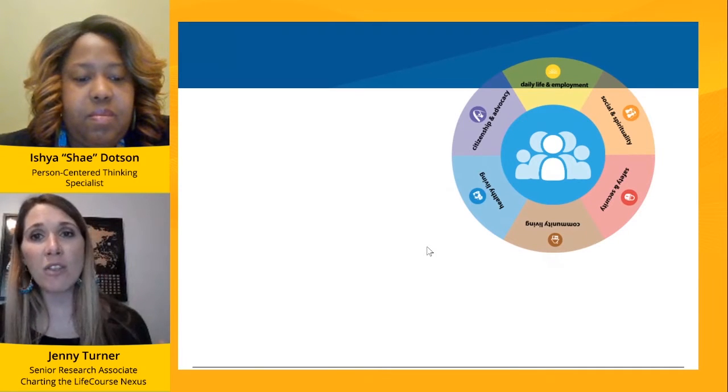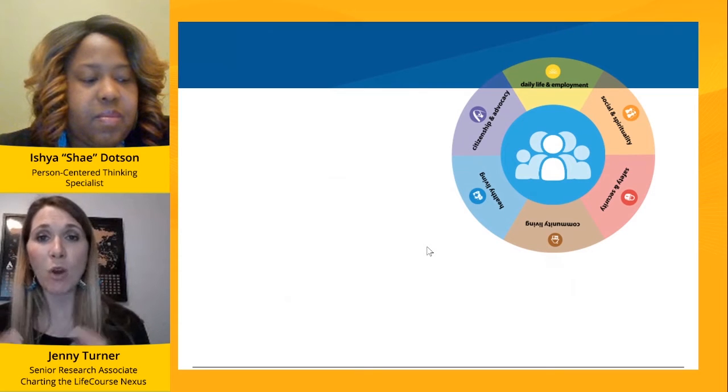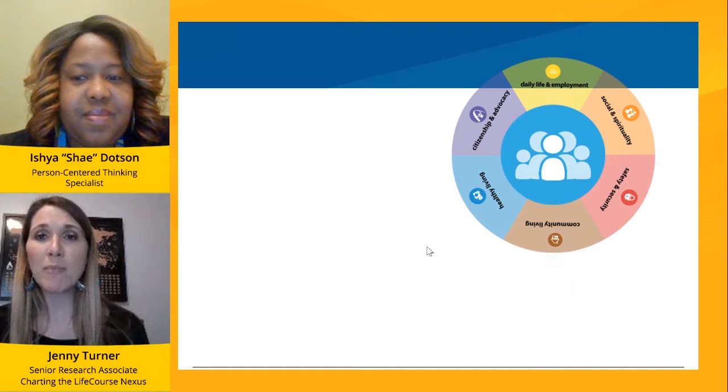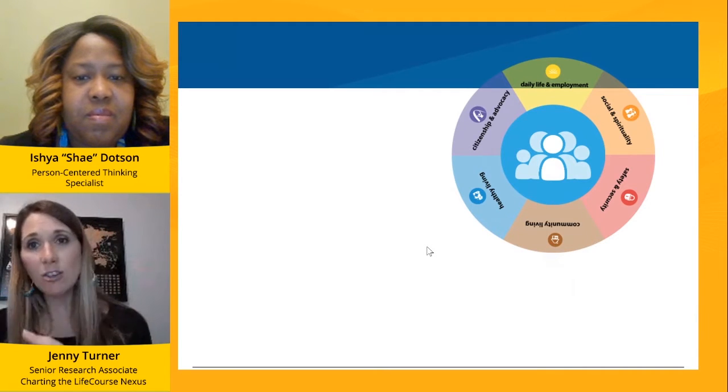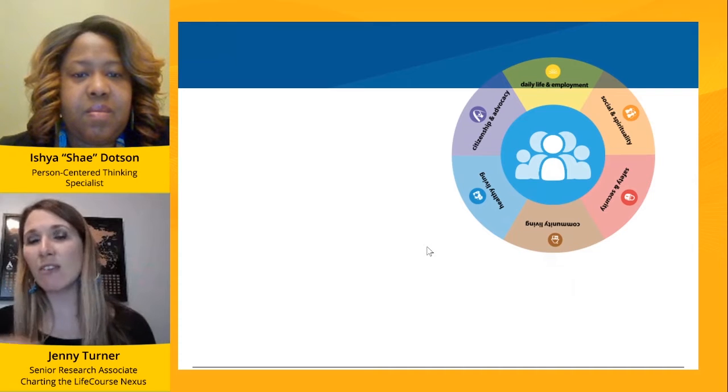We think about the good life for that family or quality of life for that individual and family, recognizing that there's lots of different interconnected life domains that make up the bits and parts and pieces of that good life. So it's not just health and it's not just safety and it's not just where I work, but it's also where do I live and who do I hang out with and how am I engaged in the community